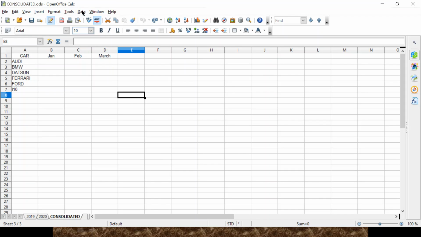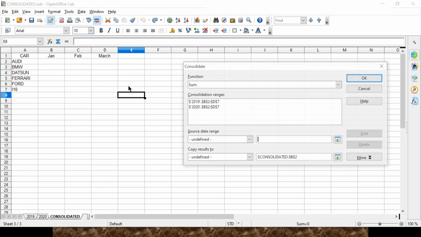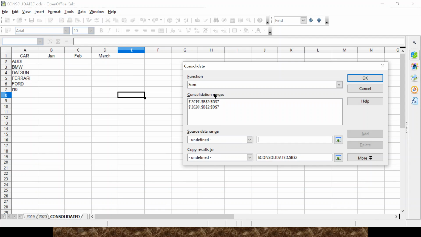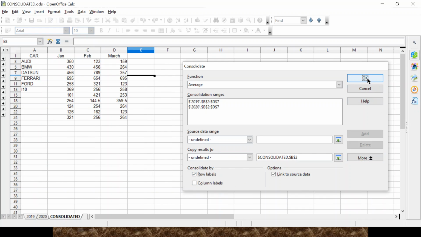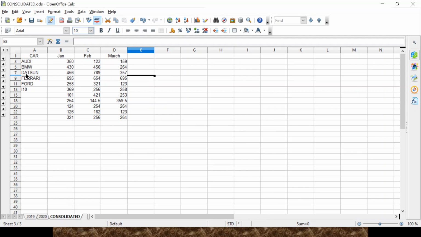Now let me go to data, consolidate, range are already added. Now I want to show the average, right? But from more I'll take row labels, then click on OK. As I have already shown you, in rows it will add on the rows for 2019 and 2020. You can see total 24 rows it has used.